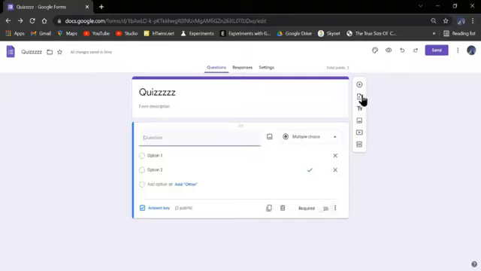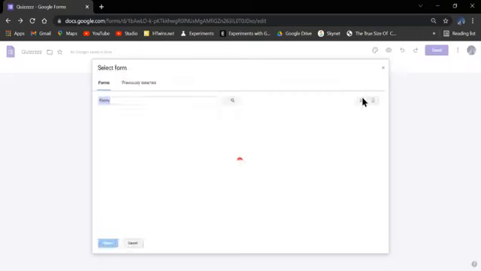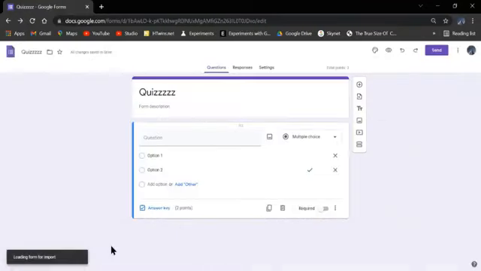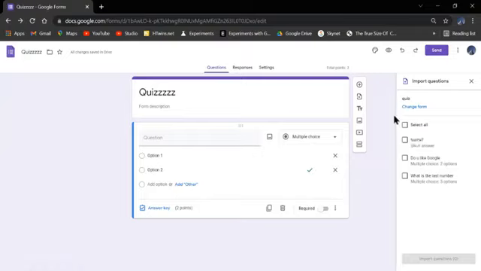The next is import questions, which allows you to import questions from forms that you made before. So I'm going to click quiz, select, and I can select all of the questions, or I can just select 1 or 2 maybe. I'm just going to select all of them.